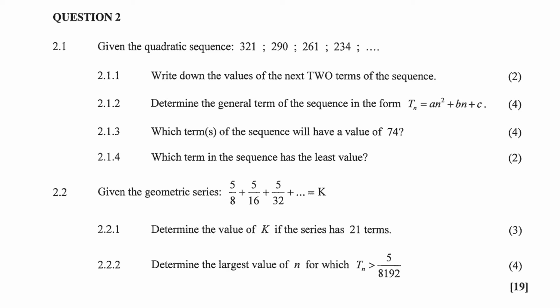2.2.2. Determine the largest value of n for which Tn is greater than 5/8192. So we have Tn greater than 5/8192. So first we have to determine the equation